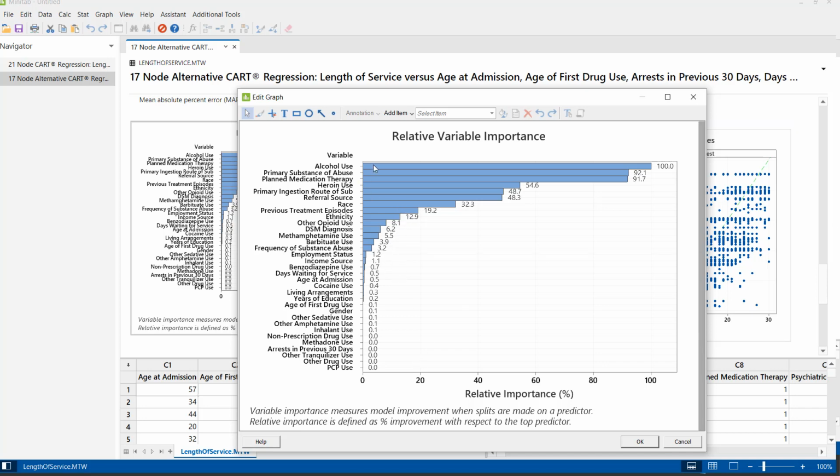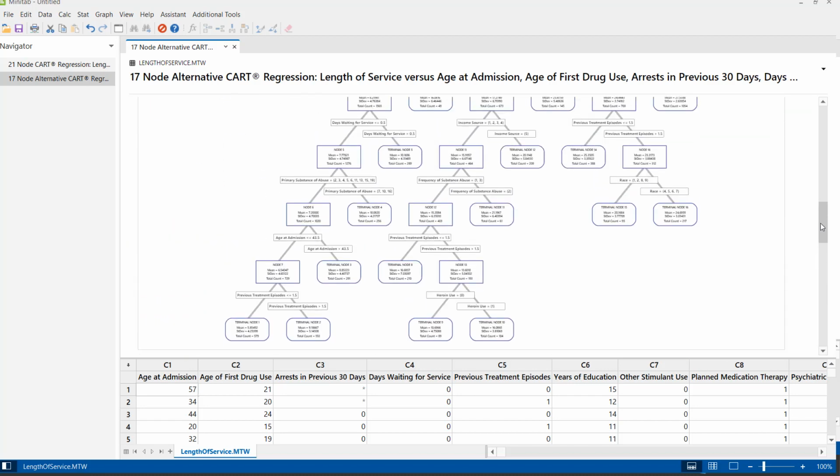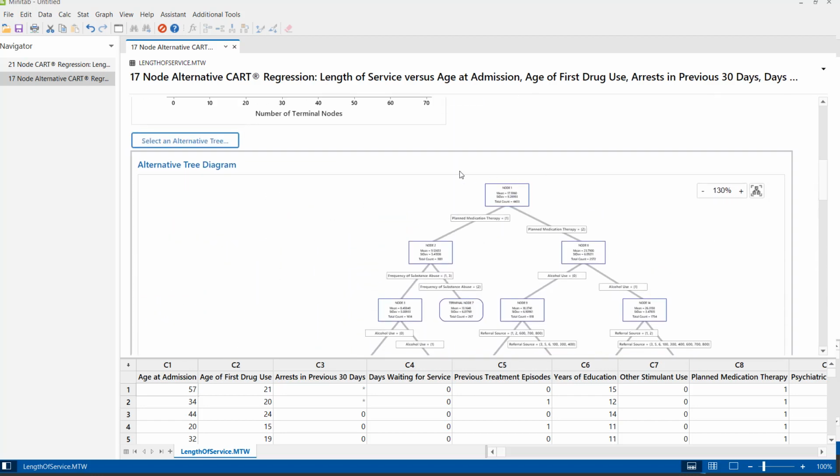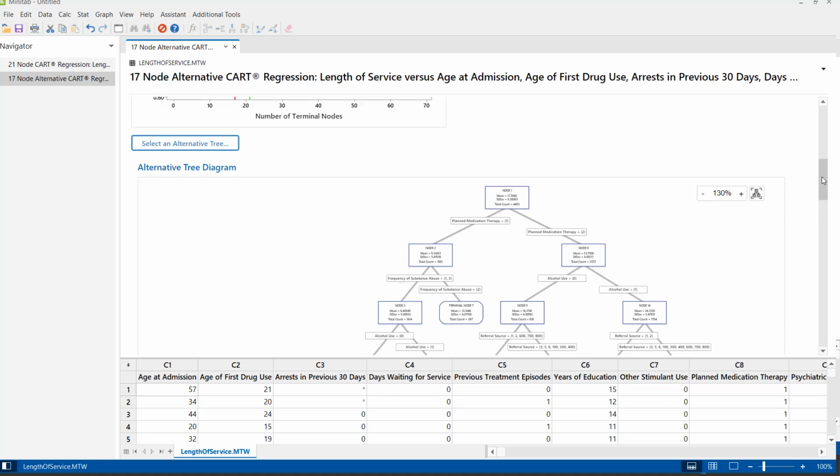But yes, the top 3 or 4 or 5 variables you should definitely be using and trying to control. So this is how we generate a CART decision tree model, and we take decisions based on the node and then split it with different variables.